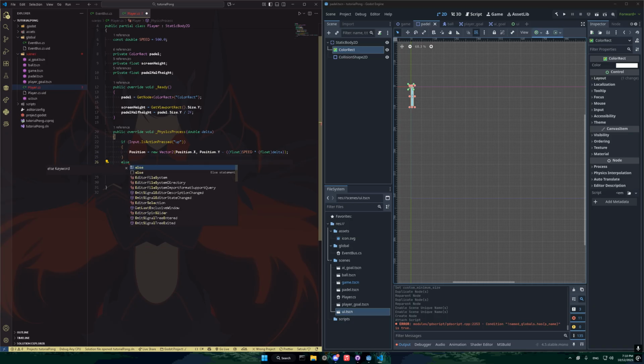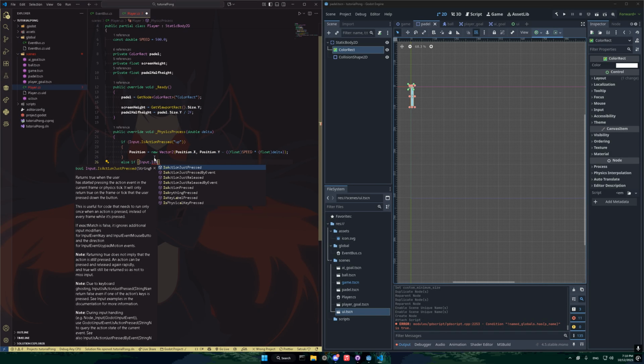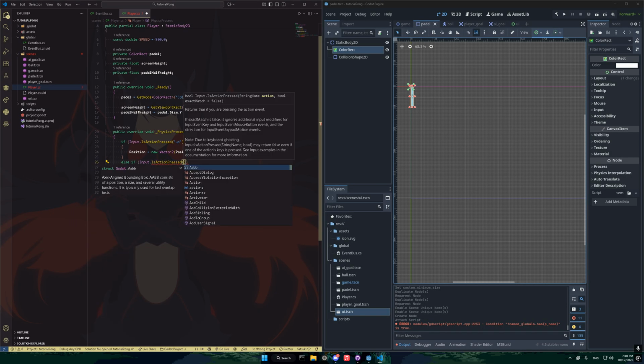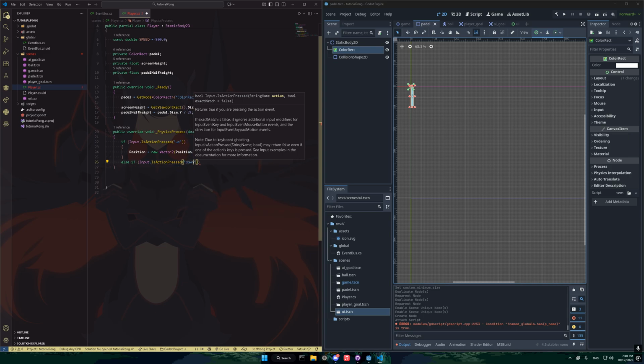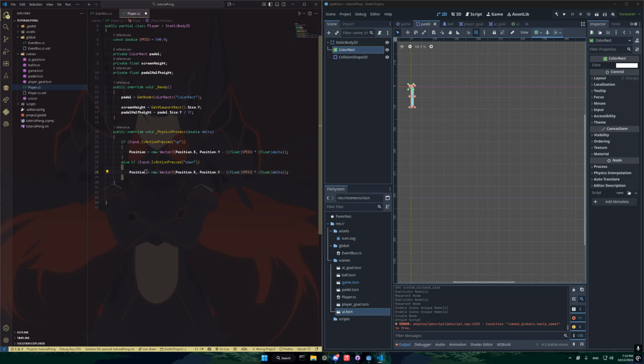If we're doing down, so else if input dot is action pressed, down, right? If that's the case, I'm just gonna copy paste this for speed, but we're gonna update the position again. This time it's not gonna be minus though; it's gonna be plus because remember, down is positive and up is negative. So keep that in mind. And that's it. And then outside of that, now if it's neither of those, we just make sure that the